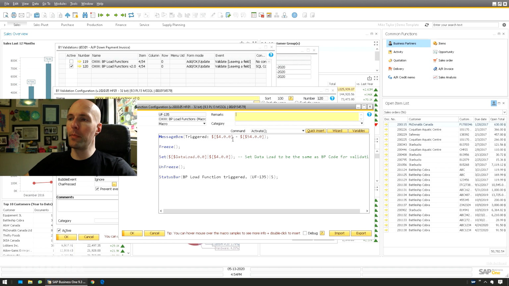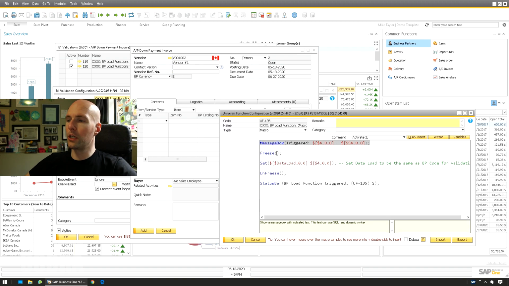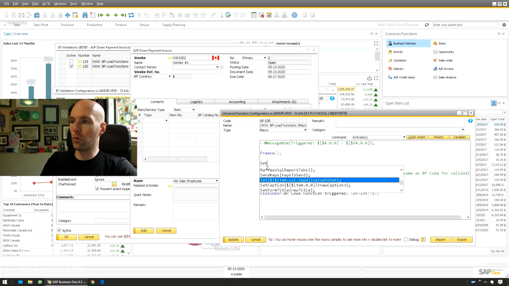So with this message box triggered, I'm actually going to move this here. I'm just going to set this quick notes equal to the vendor code and vendor name. You can also use SQL to pull some sort of quick notes right from the vendor, from a UDF in the vendor or whatnot. So I'm just going to do that. Let's take this, we'll just comment this out. Oh, that bug. And we'll put this in our freeze. We're going to set,